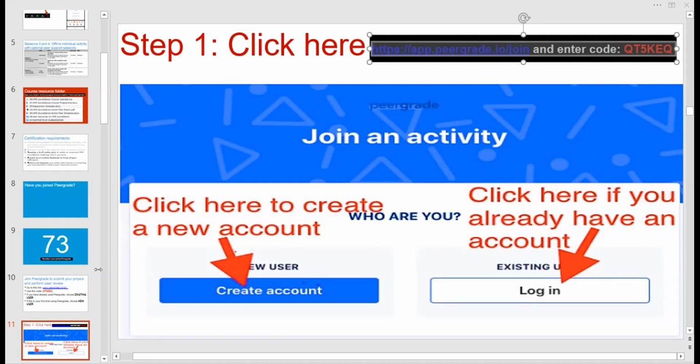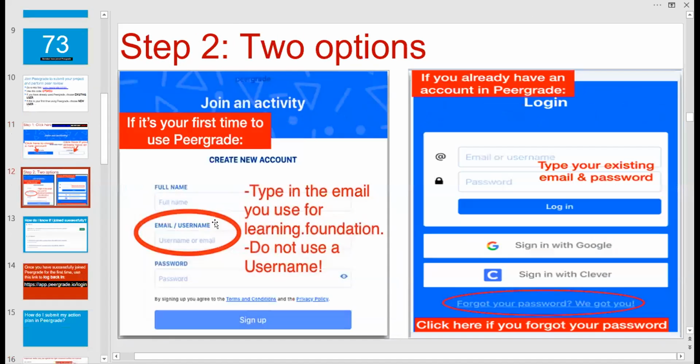Once you have done that, you will move on to the next step. The next step will be for you to put in your full name, your email address, and a password that you remember. Make sure that the email address you put in is the same email that you used to apply for the course, and then you click on sign up. Now, if you're an existing user, put in your email address, put in your password, and simply click on login.